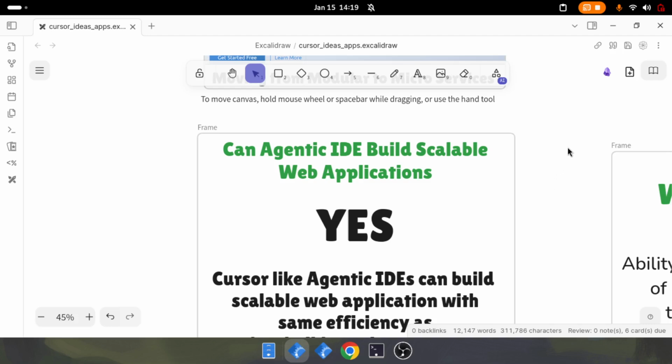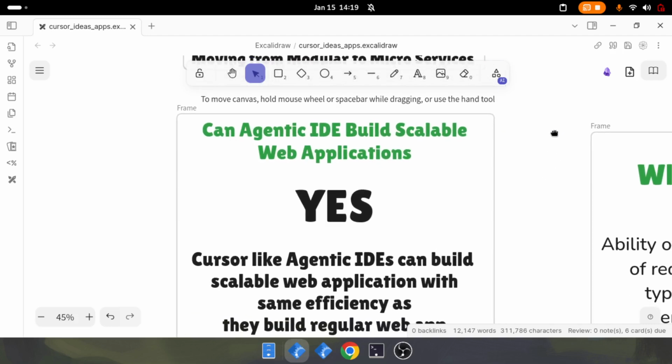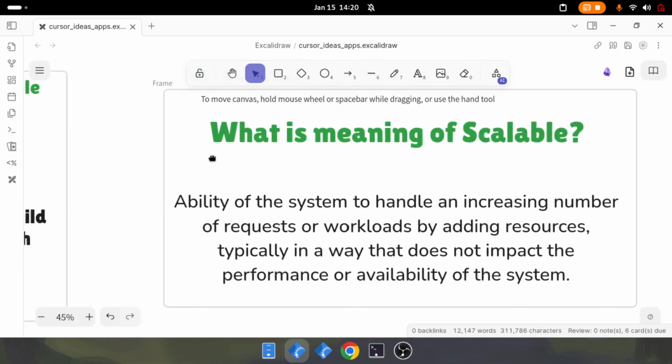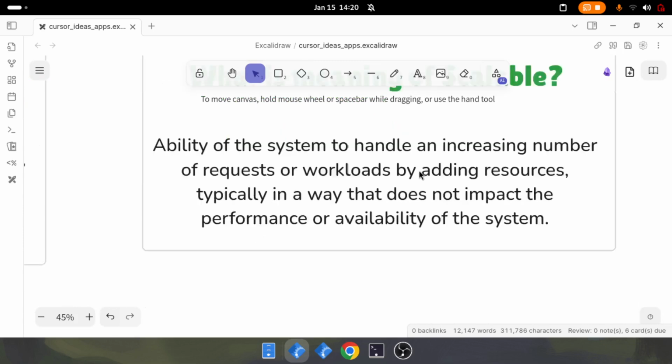In this series of videos on microservices, we have been asking this question: can agentic IDEs build scalable web applications? And the answer has been resounding yes. Cursor-like agentic IDEs can build scalable applications. However, you have to understand what is scalable, that is, the meaning of scalable, and you also need